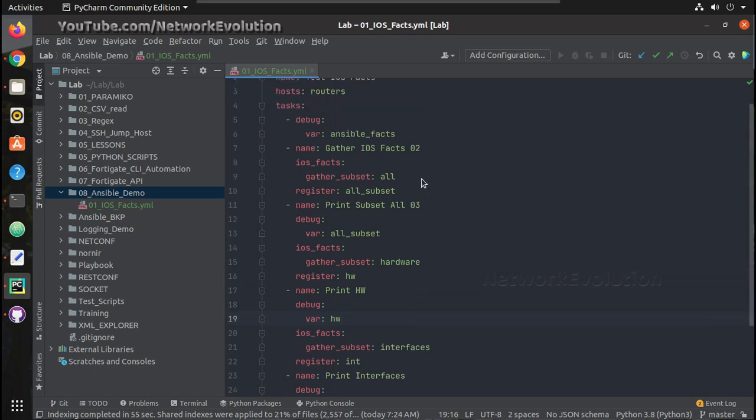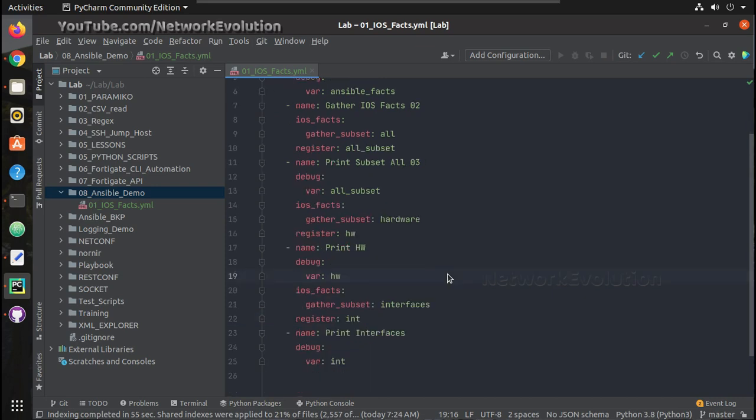So let us just verify the syntax of this. So here you can see I haven't given the hyphen because we need to give the name. So let me just copy one of this.